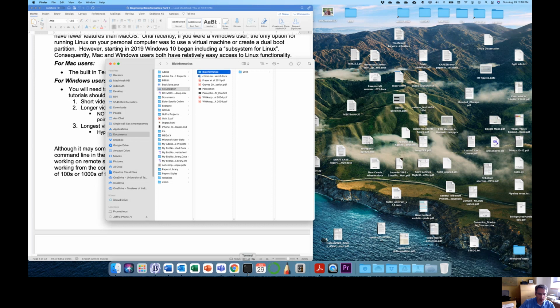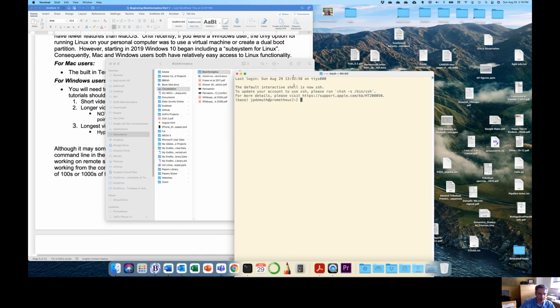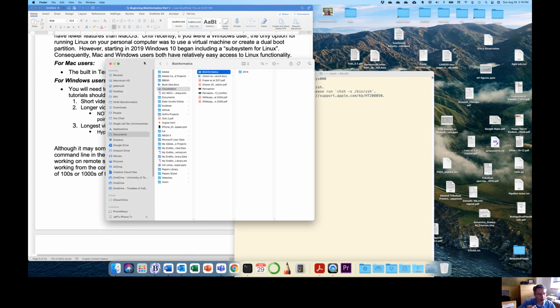It may seem like a step backwards to go to this and have to navigate from the command line, but when you go to the supercomputing resources and work remotely, there's some overhead that comes with having to pipe a graphical interface back and forth, which is really unnecessary, and so hasn't been developed